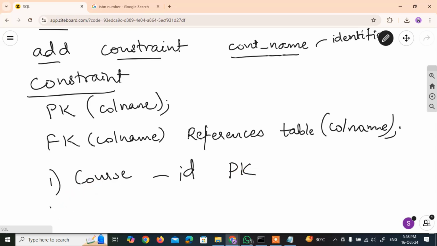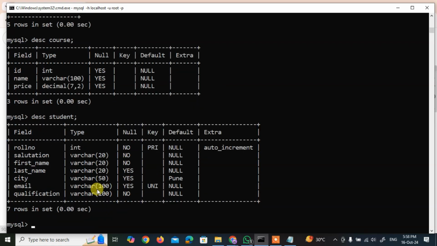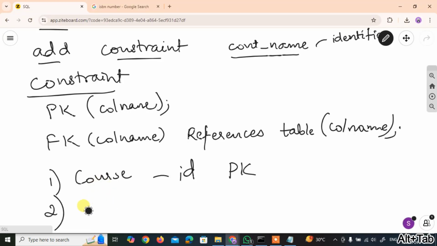That's the first constraint. Second, I want to add a column to my student table. In the student table, I want the course ID to be the foreign key. So first we will add the course ID column, and then we'll add the foreign key. So this is what we are going to see. So let's get started. Let's start coding.